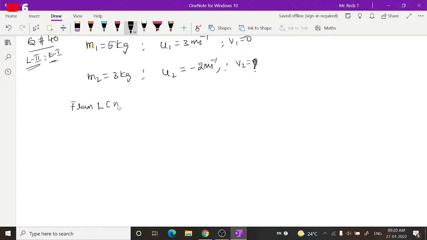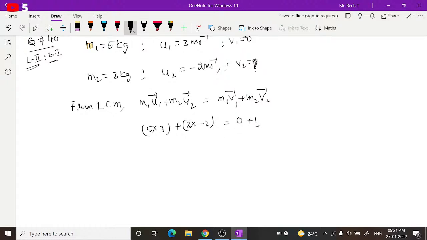From the law of conservation of momentum, in vector form, m1 u1 vector plus m2 u2 vector is equal to m1 v1 vector plus m2 v2 vector. So this gives m1, 5, into u1 vector. It is moving in the positive x direction, 3. Here m2 is 3 into u2, which is minus 2, so you can take it as minus i cap. Since the direction is important, we take it as minus 2. This is equal to m1 v1, which is 0, plus